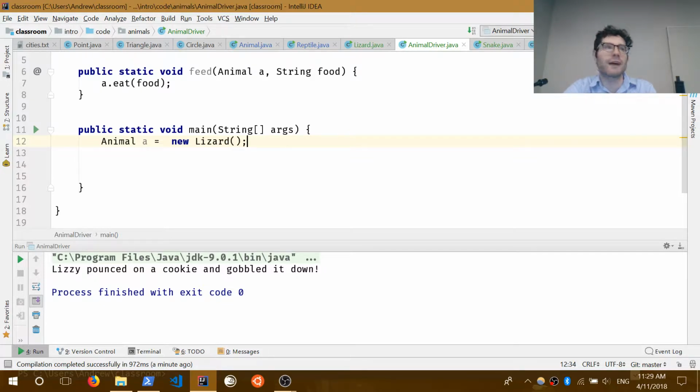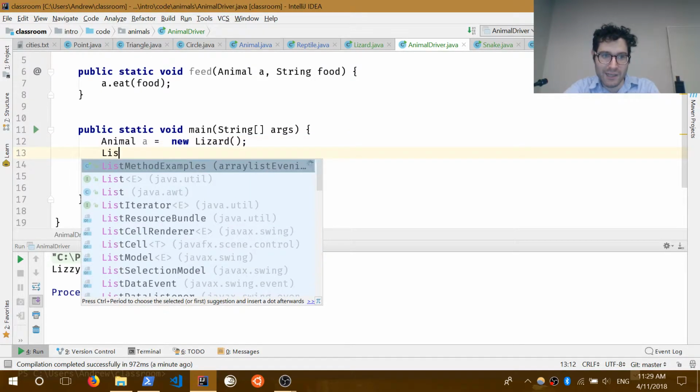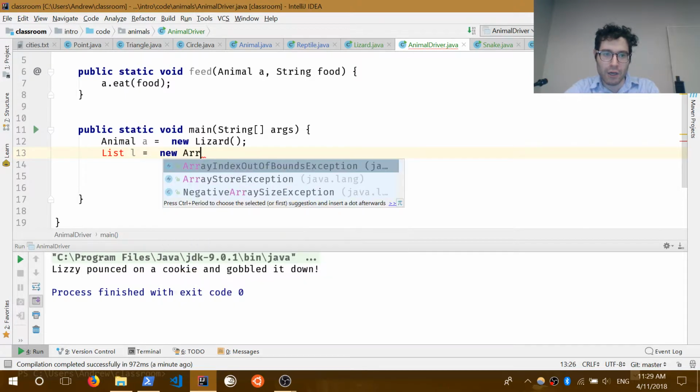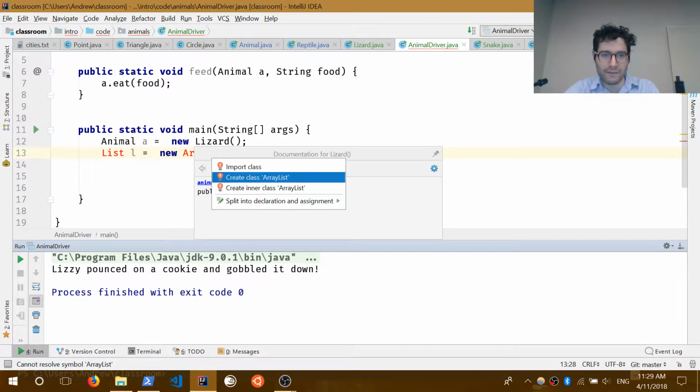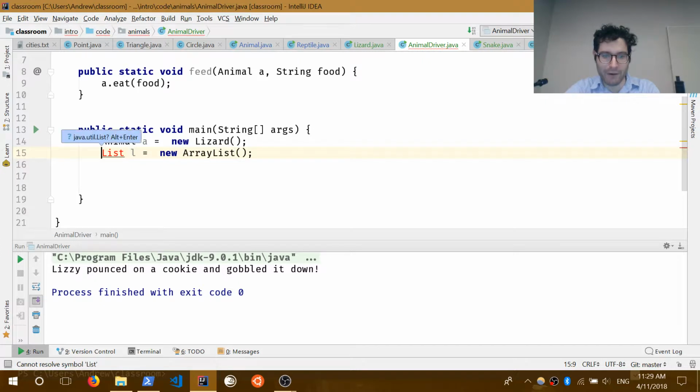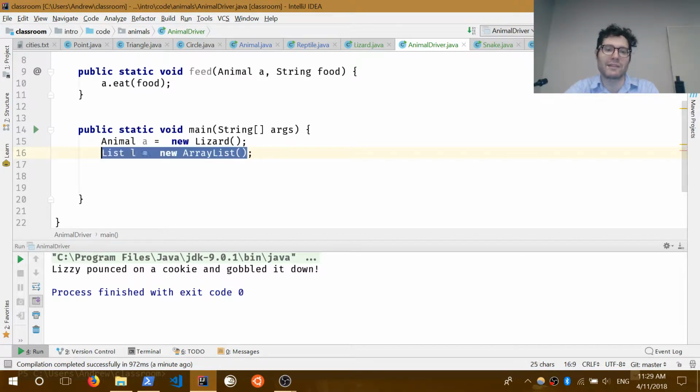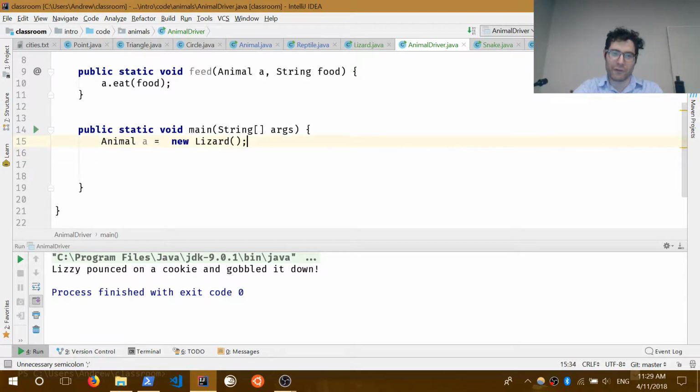Right, and if you've been looking around online for code, you might have seen stuff like this. List L is equal to a new array list, right? You might have seen this if you were looking around online, and you found out about array list. Sorry, list L is equal to new array list. And this is called polymorphism, right? I'm going to have to use the